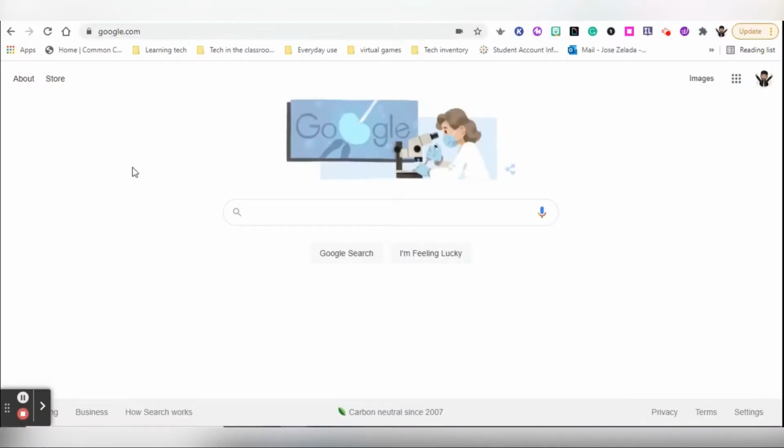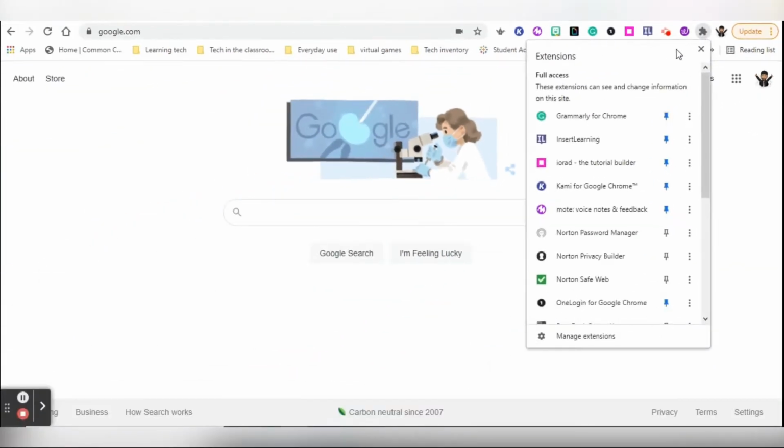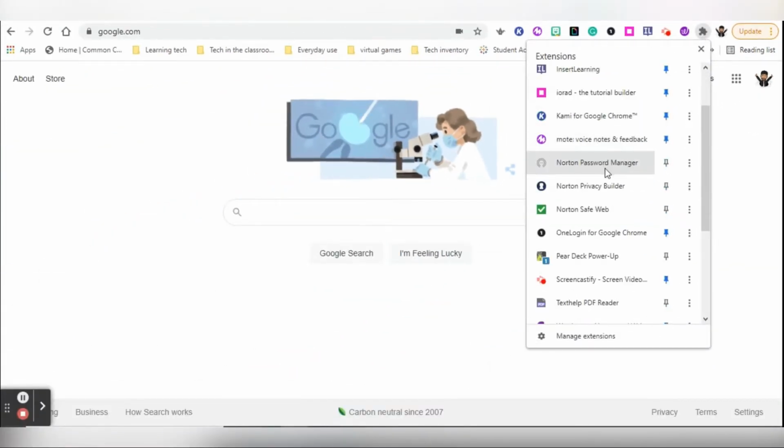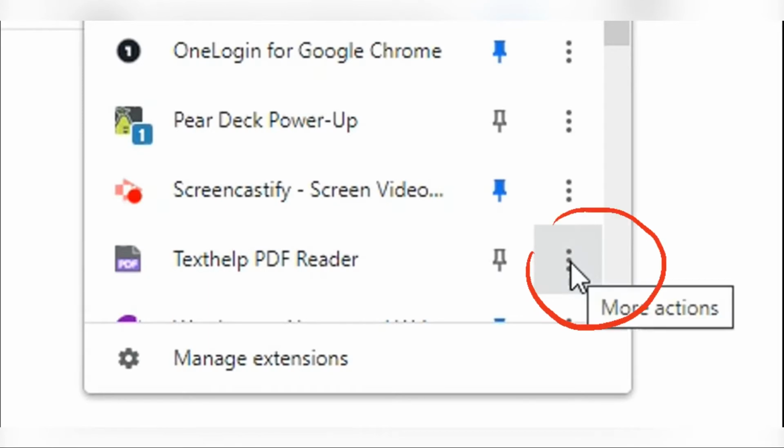But let's go. Ready? You're going to be on your Google Chrome browser and you're going to go up to your extensions bar. You're going to go to the little puzzle piece of your extensions right next to your icon. You're going to click that and we're going to go ahead and look for the extension called Text Help PDF Reader. We're going to go to the More Actions Snowman button